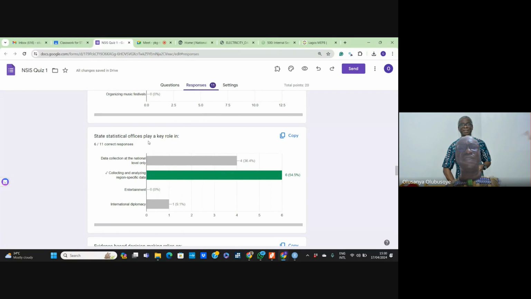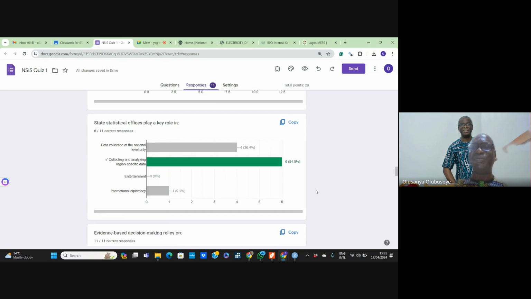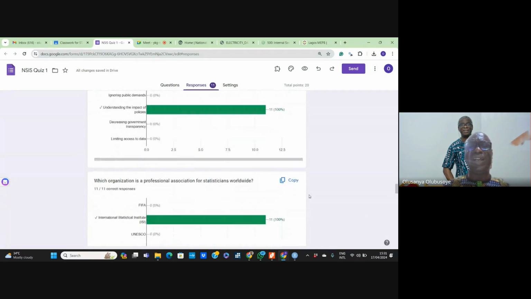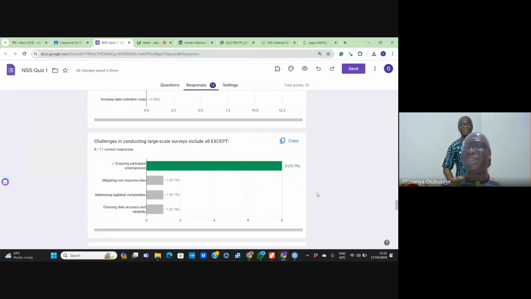State statistical offices play a key role in data collection at the national level. They don't collect at the national level, but they collect at their regions, and then the central statistical office will produce the national one. So the state will collect at their region and at their state level. They have nothing to do with international diplomacy. So I think those are the most, then there is also